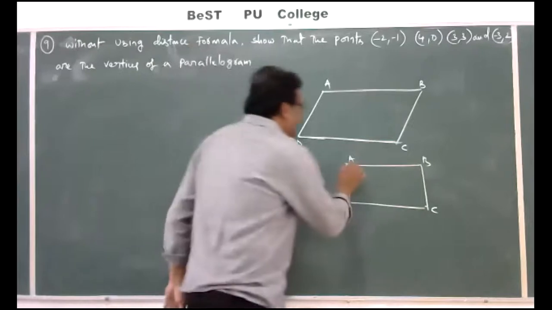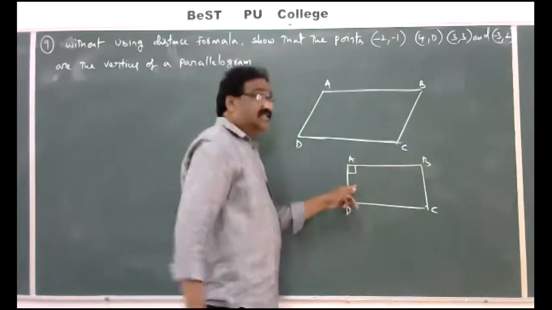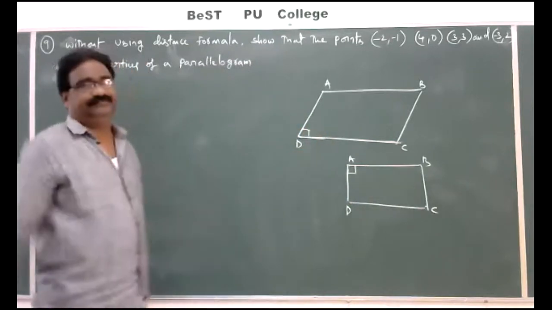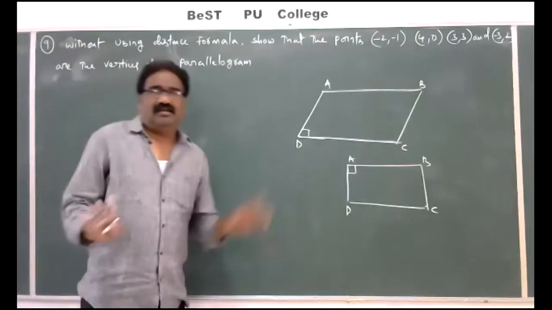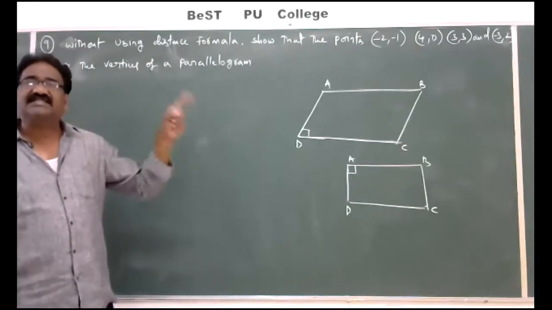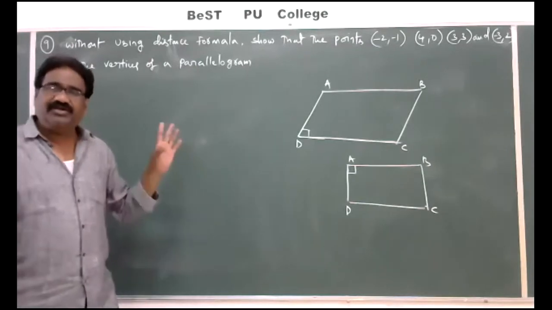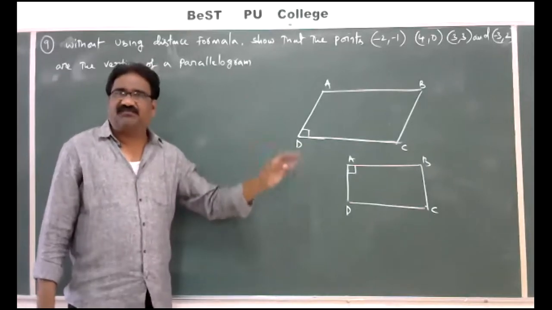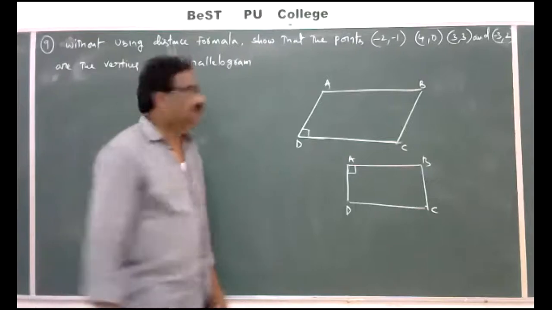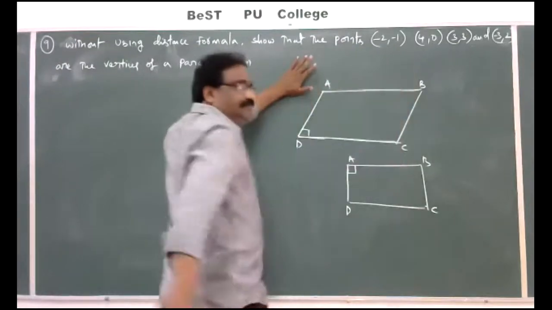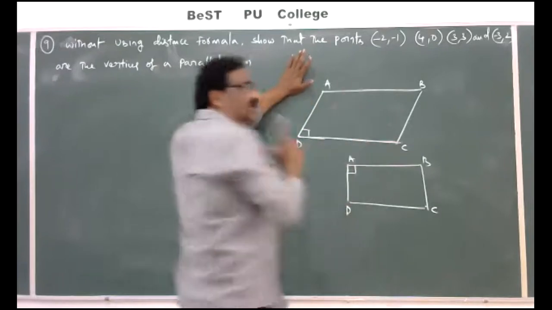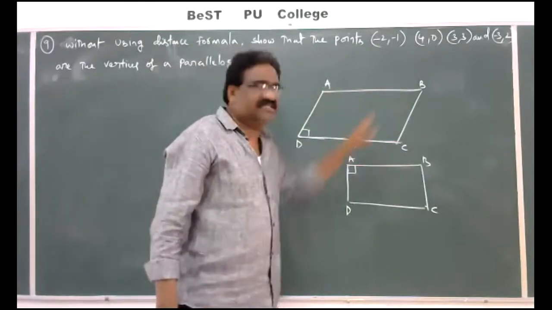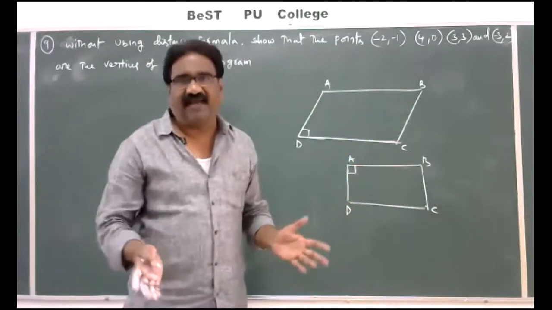Next, angle between the adjacent sides in a rectangle is a right angle. Angle between the adjacent sides in a parallelogram is not a right angle. Here, the problem is not using the distance formula. Not using the distance formula, we want to show that the given four vertices form a parallelogram. First you find AB slope and DC slope, both are equal. Why? They are parallel. Find AD slope and BC slope, both are equal. Why? They are parallel.